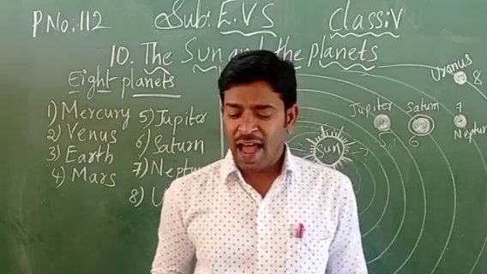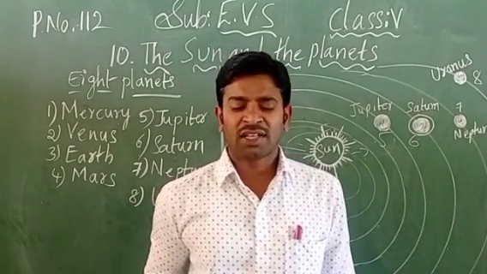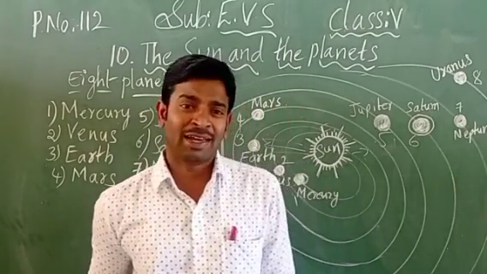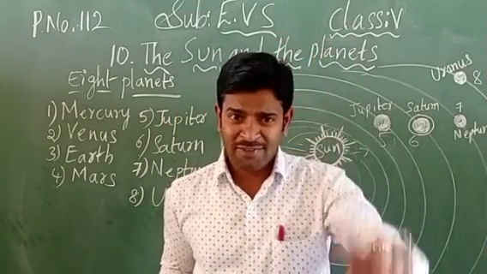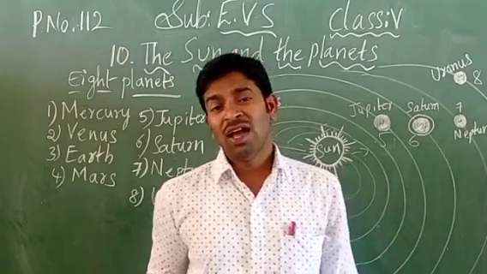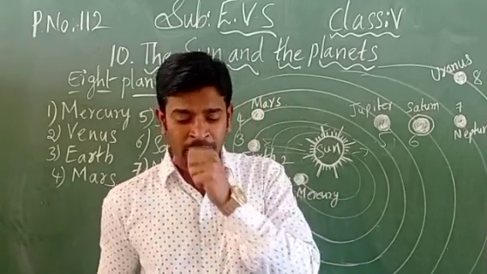Next one. Hence there were 9 planets, but now the scientists are not considering Pluto as a planet. Our scientists are our main heroes who are looking into the sky and seeing the sun, the moon and the planets. Yes or no? They told that Pluto is not a planet.